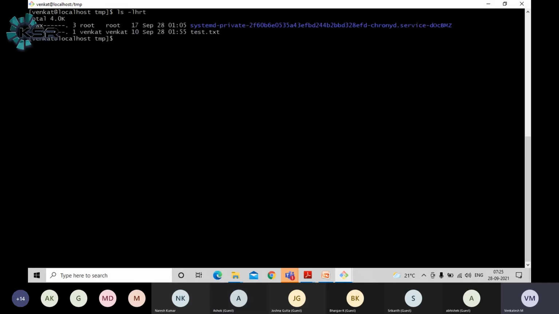Now, basically, you will log into the Linux server and you have a file here called test.txt. Any file. You want to see the content of the file. To see the content of the file, you should use cat. That means it will print all the text data, whatever content is there for this particular file. This is how you will see all the data present within this test.txt file.